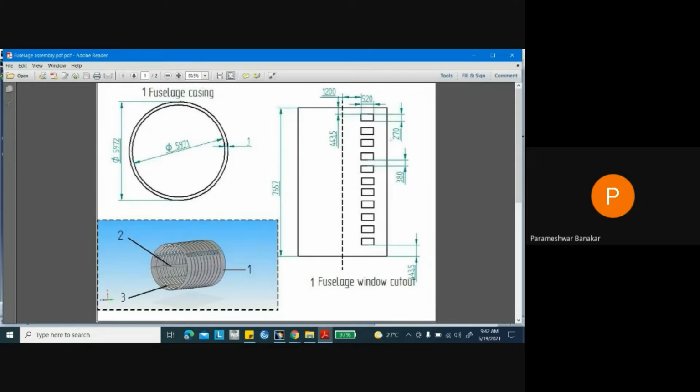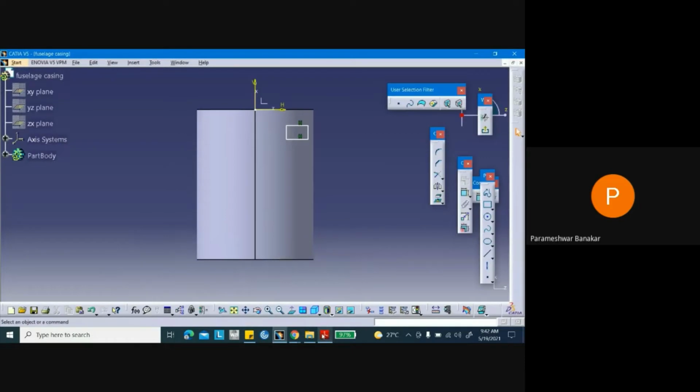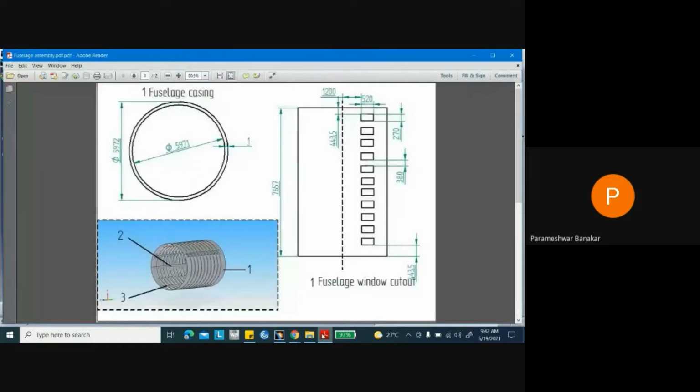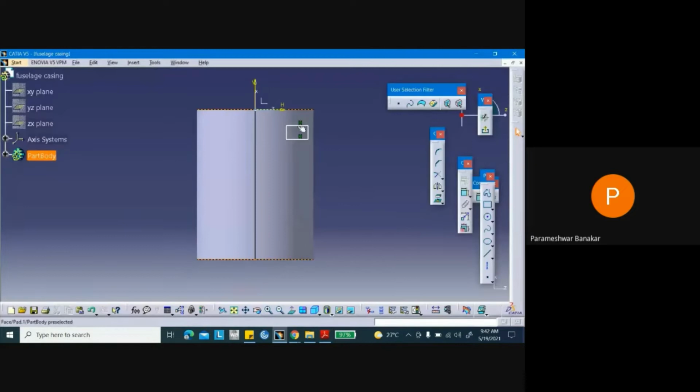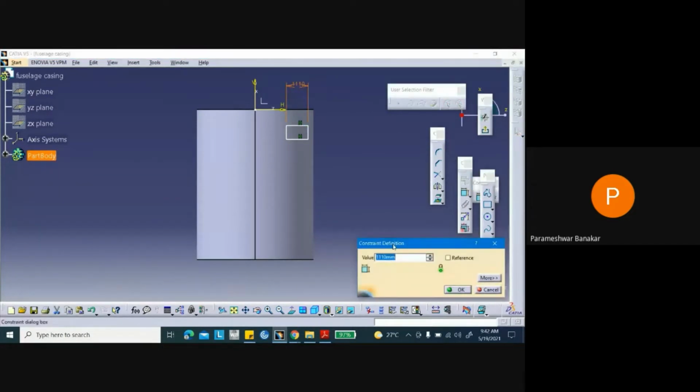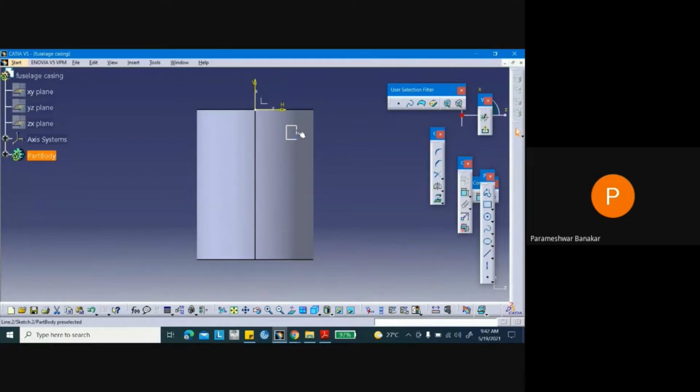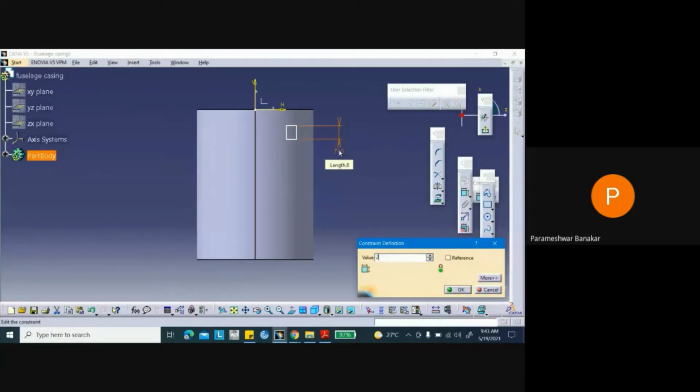So 520 into 270, that will create now. So this will be 520, and this will be how much? 270.